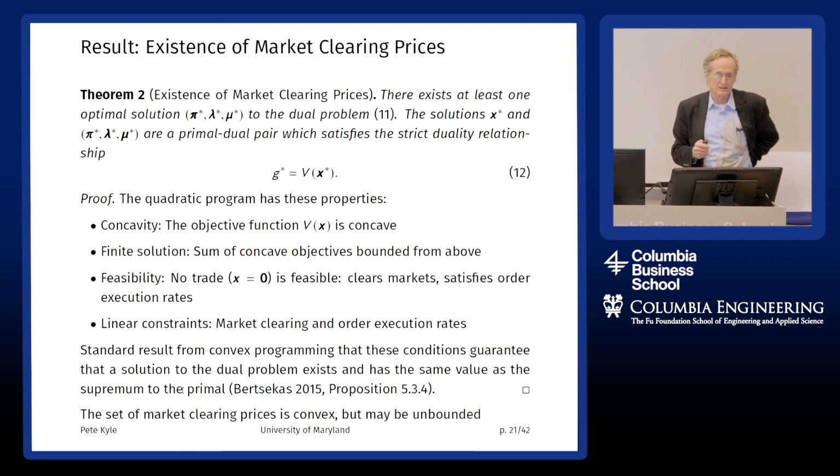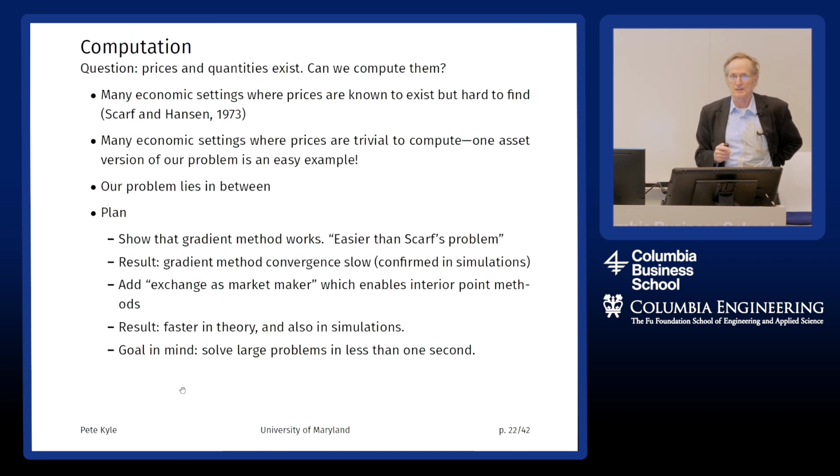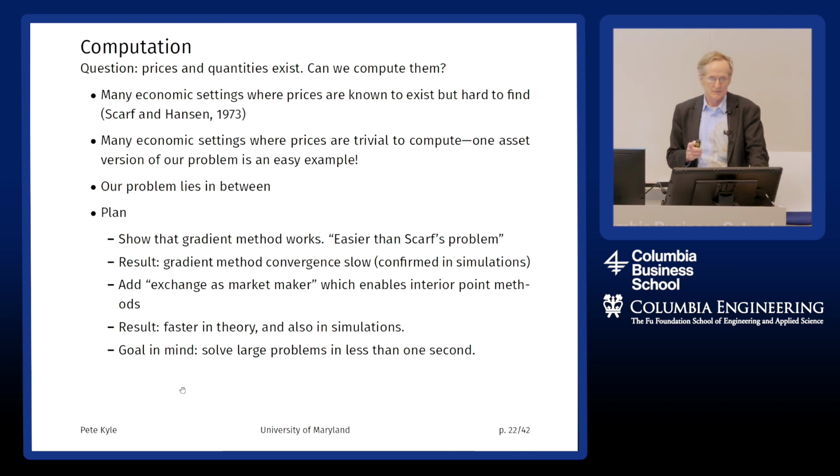And then the next question is going to be computational. We've got these unique quantities we're trying to calculate, and prices that might be unique but might not be. But can we calculate them, practically speaking, in a very short period of time, like less than a second, because we want to have an auction every second. The way a lot of economists think about it, they would use a gradient method, because the gradient method is closely connected with Walrasian tâtonnement. I think it's essentially the same thing.